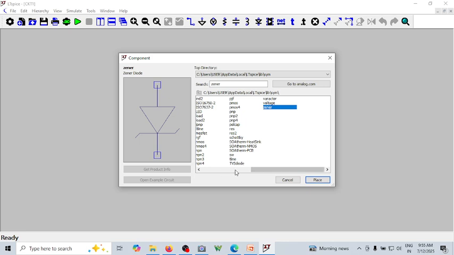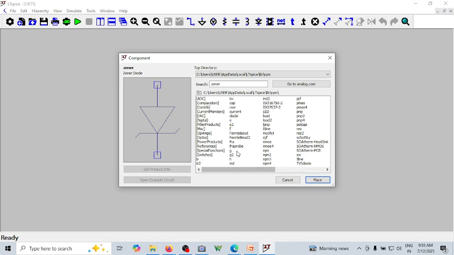You can also see there is a diode available. You can see, of course, here also you have a diode. Here also you have a diode. You can see there is a diode here. So where is the diode? This is the diode. You can see this description is here, and so once you select a component, you